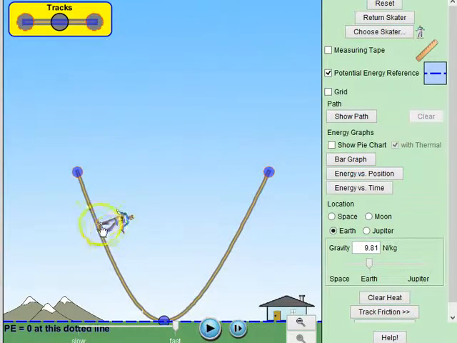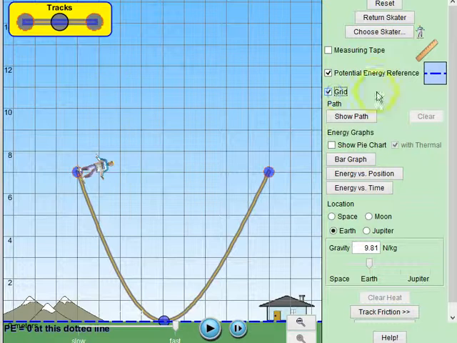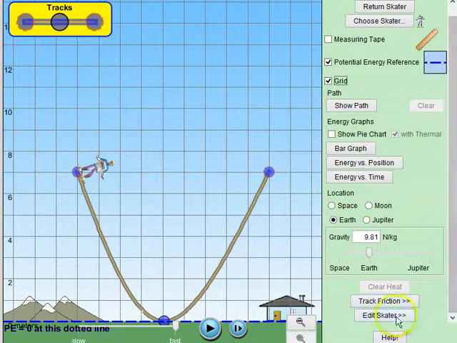And one moment, let me bring the skater up to the topmost point and then I will pause this simulation. Now you guys know that we measure potential energy against the Earth's gravitation. That's the potential energy that we are interested in. So I'm going to check this grid box, and as you can see, the maximum potential energy in this figure is 7 units. Yeah, it's exactly between 6 and 8. So these are the different ideas that we will be covering in this simulation.